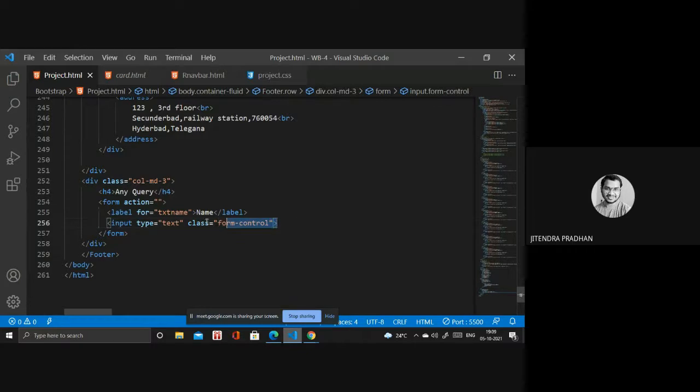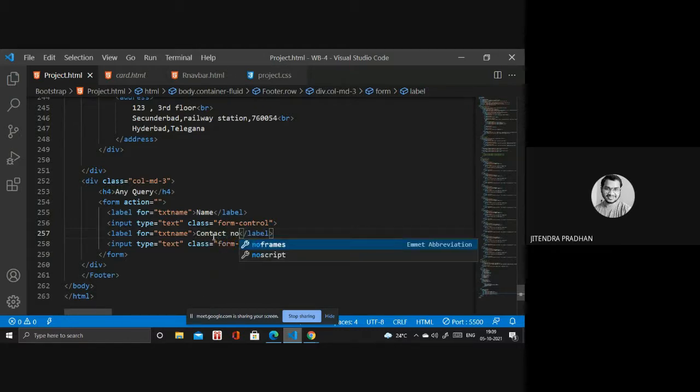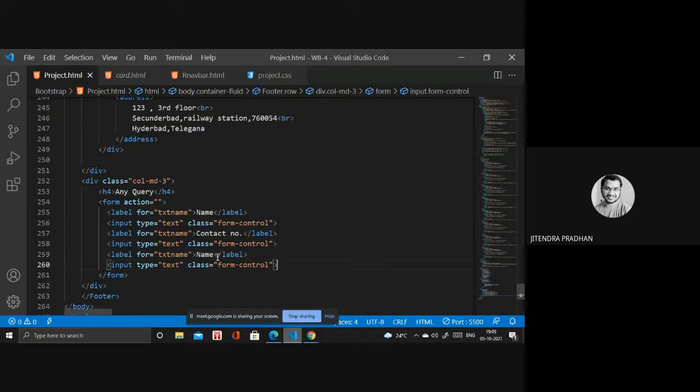And I will copy that one and just write contact number. Okay, and next we have to control to be done. Next, if you want a selector, then you have to use the selector. Like you can write your city.